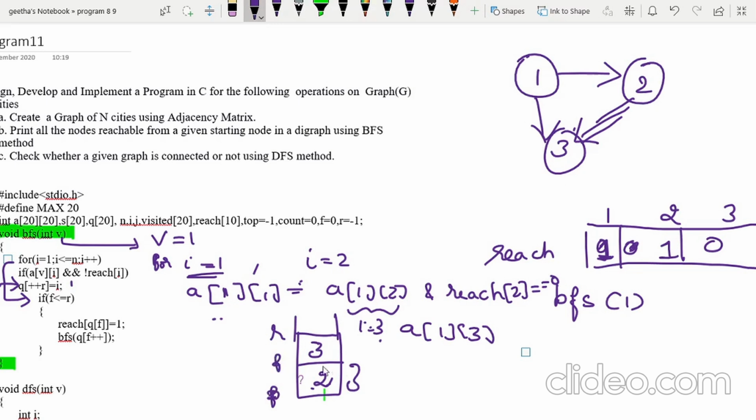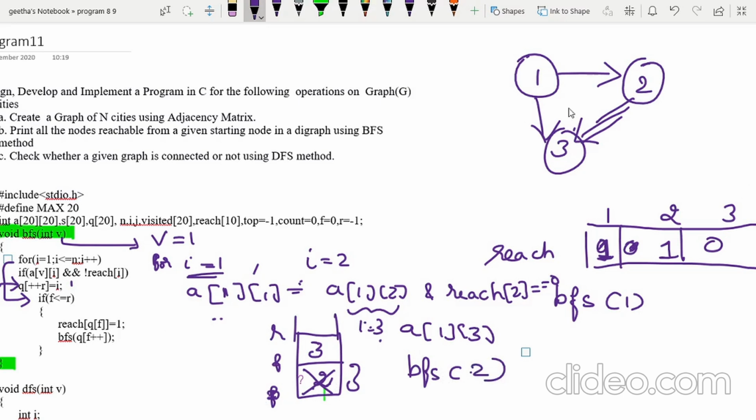F has moved to the place of the second element. So this I have deleted. Then BFS of Q of f right now is 2, so it is going to call BFS of 2.